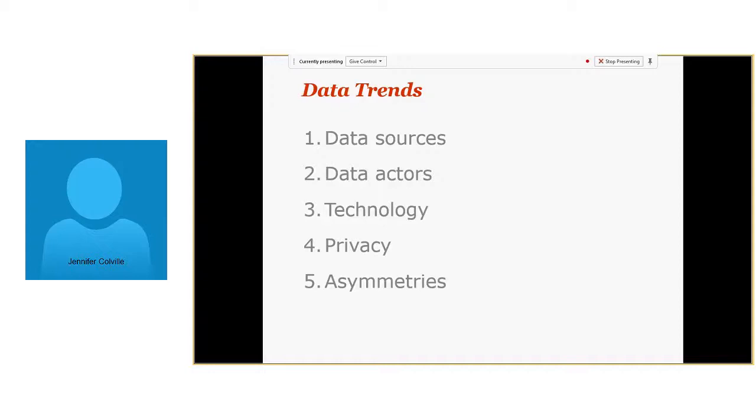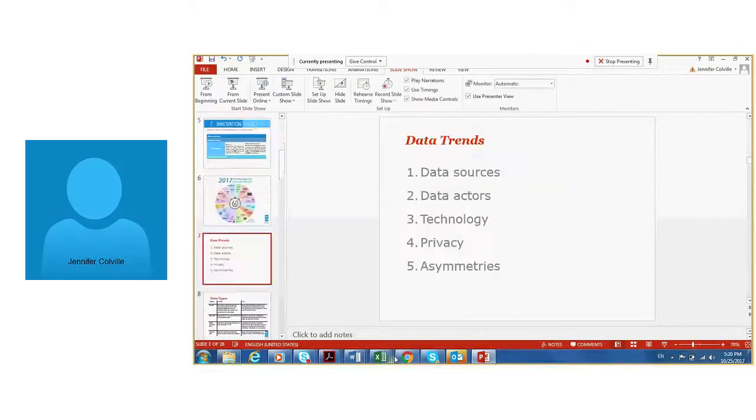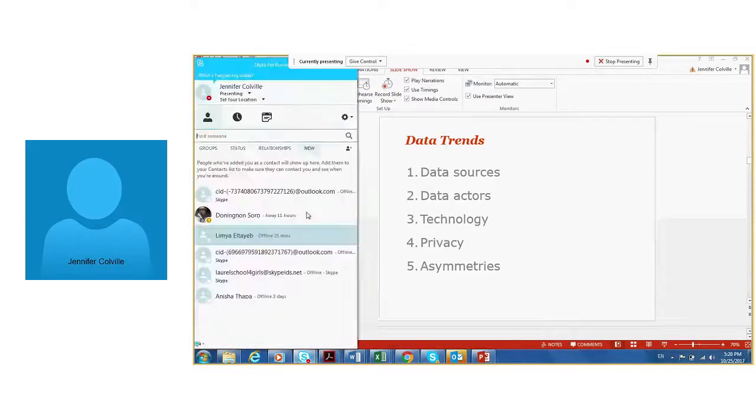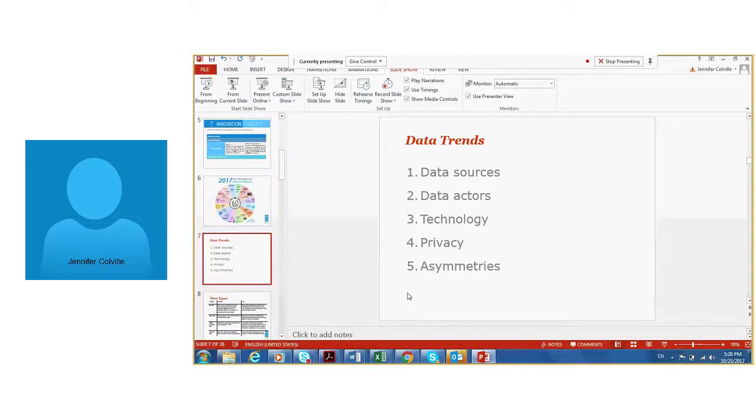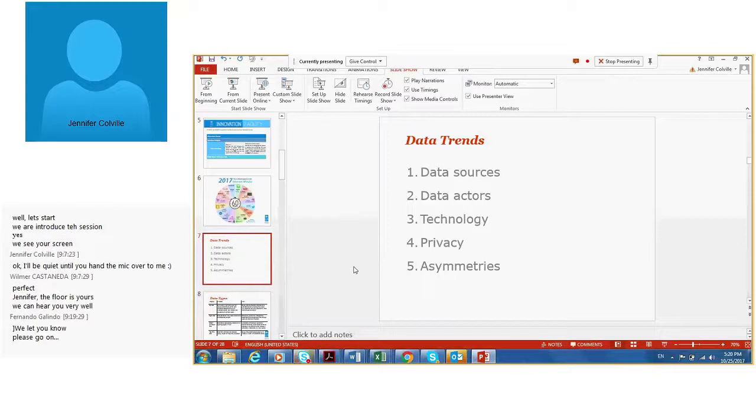I'm going to go back to the chat box because, Wilmer, while I'm giving the presentation, I can't hear you. So I guess you need to stop me. I don't know how you're going to stop me. Maybe stop me through a Skype message or something like that, Fernando, if there are questions, or if I'm going off track or whatever. But since I can't hear you, we'll have to figure out some way to get a message from you to me.